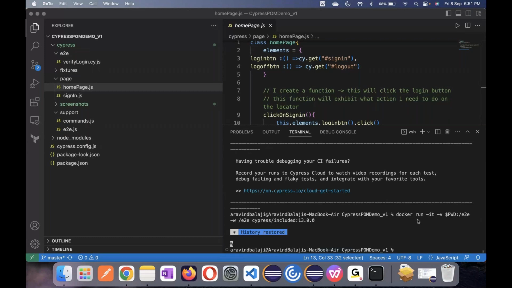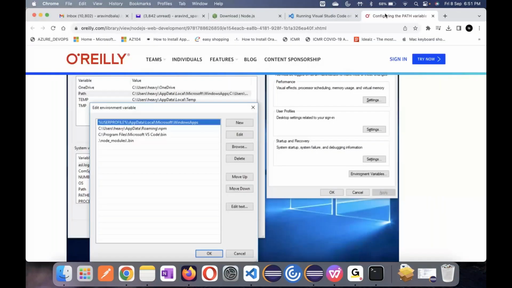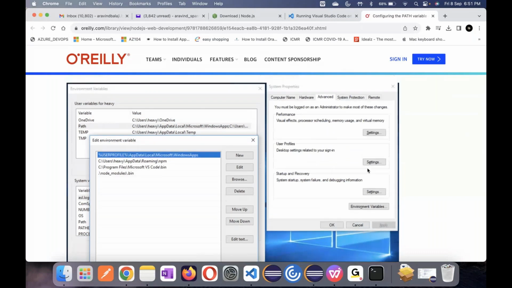How do you set the environment variable for Node.js? Yeah, it's a simple one. You need to go to, say you're using Windows or a Mac. Windows is simple. You go to your start and type edit environment variables, and you get an option, edit environment variables. Just click on it,